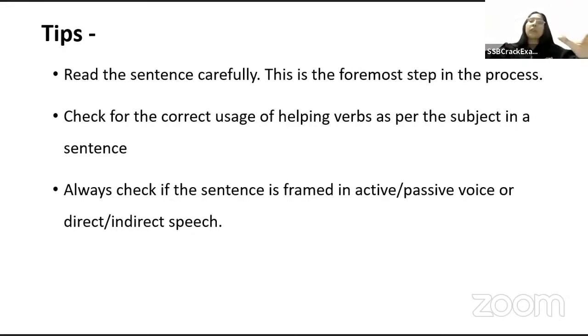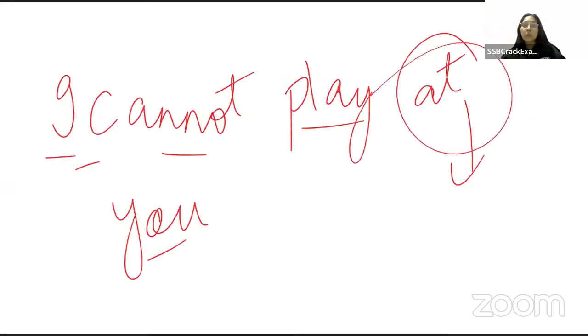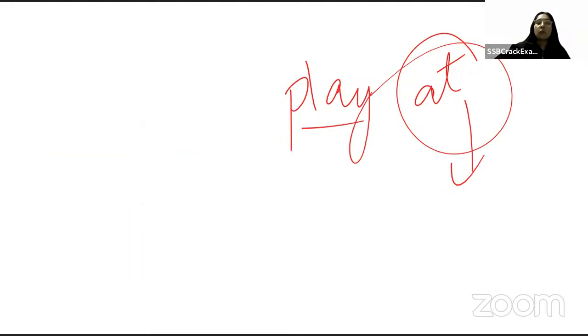That's what I'm trying to say: you have to see everything clearly and then come to a conclusion about where the error actually exists. Similar would be the case with subject-verb agreement questions. If we take one or two examples that we have already covered when we were doing spotting of errors, right? So if I say that